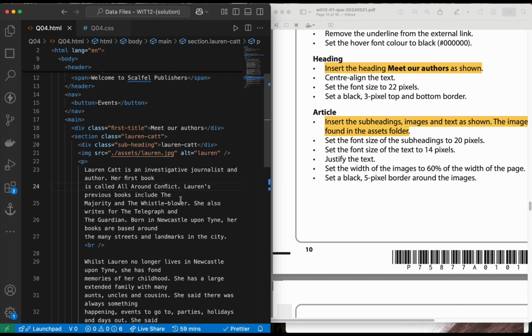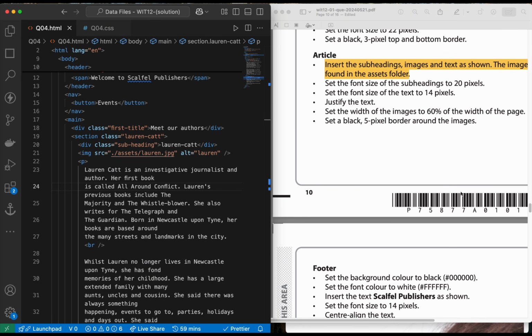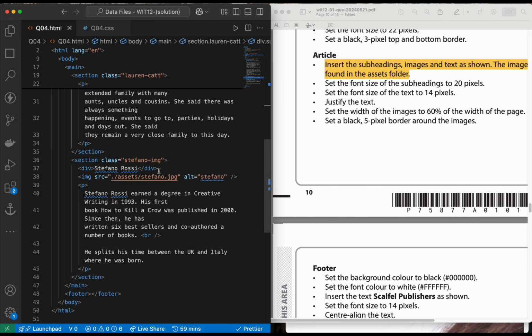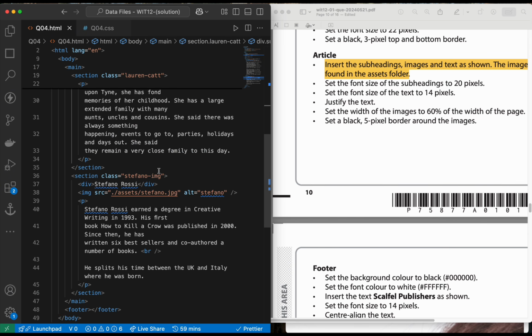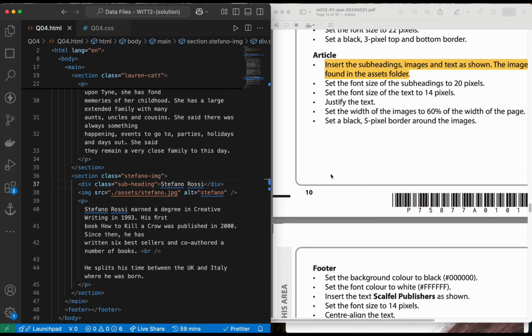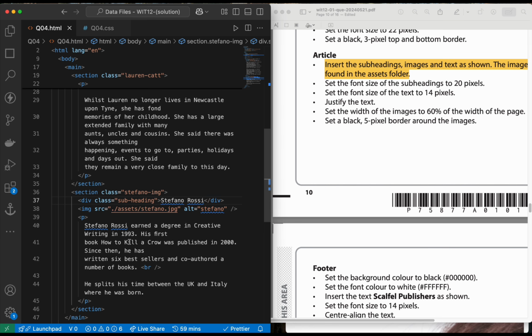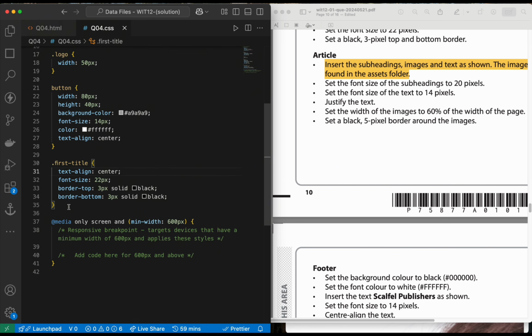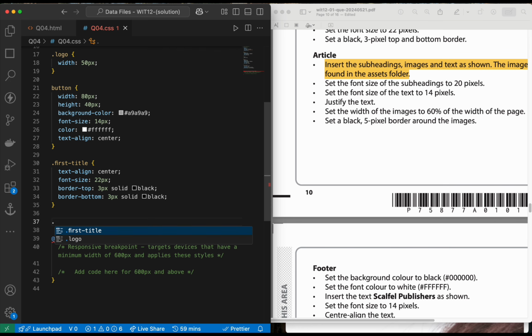The font size of the text will be 14 pixel, and we can see, oh, that one is the same thing. So maybe we can add the same name, because for the two sections they added the same thing. So maybe we can add it here as well, subheading. And then you can see the font size. So we both have the p tag, we can directly take the p tag here. So subheading,